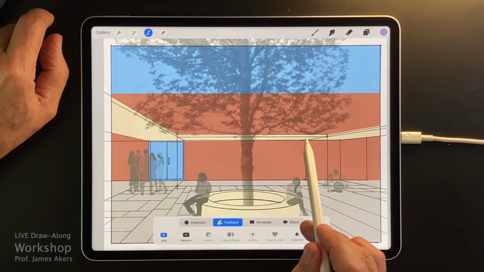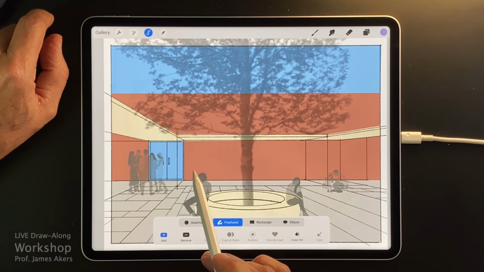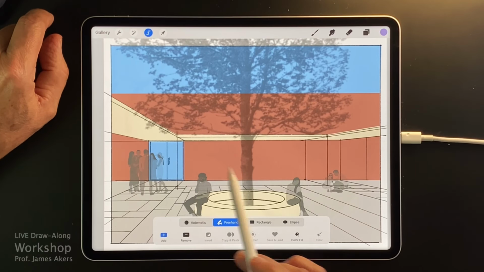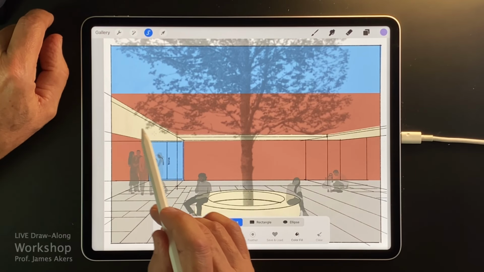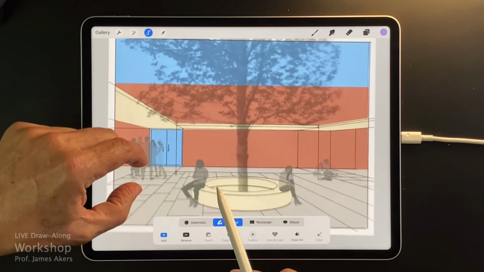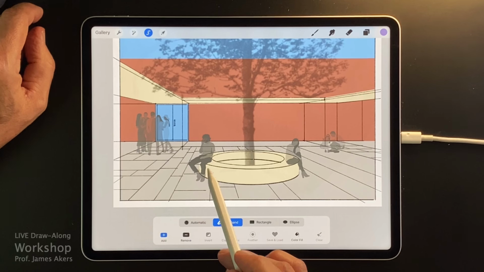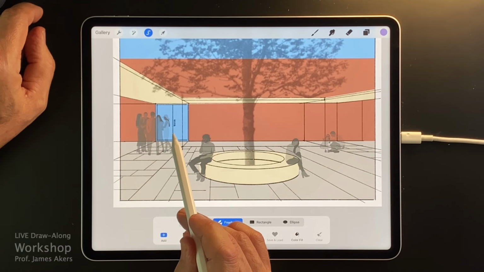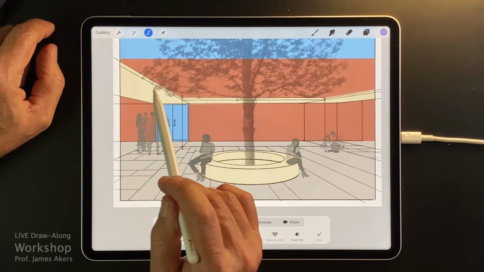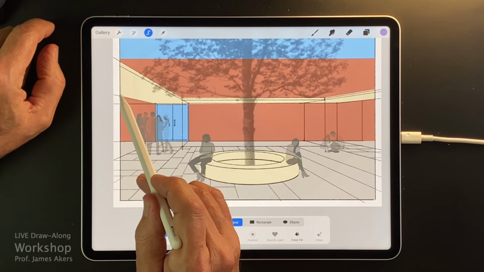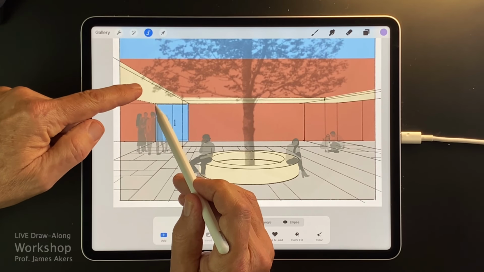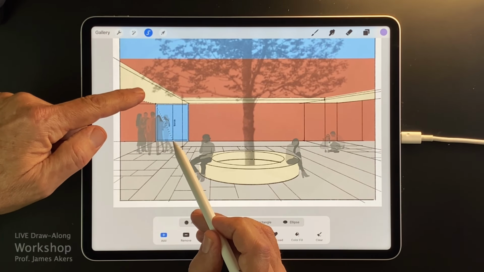So what that's going to do is this overhang is going to have a deep shadow that hits this wall, or maybe it doesn't, and this plane of the overhanging roof is going to come sweeping down and come into this plaza a little bit, and go under the overhang a little bit. Oops, I touched that. So you'll see what I mean in a second. I'll start the shadow here and over to here. This is going to be the shade part, but this will be the shadow part.